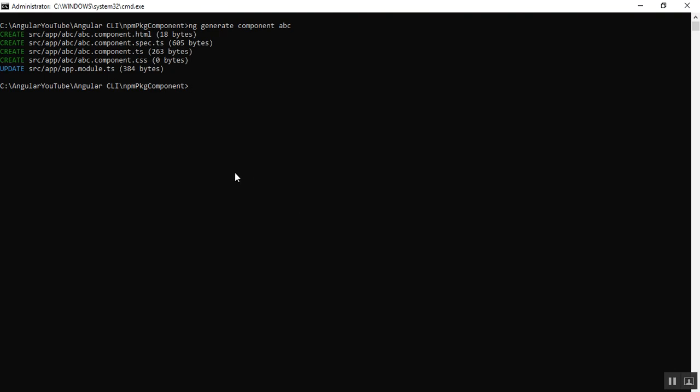So here you can see that our component is successfully created with the files .html, .spec.ts, .ts, .css and app.module.ts, with the component name abc.component. Alright, if you